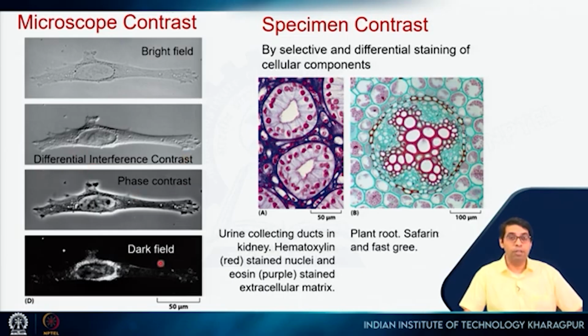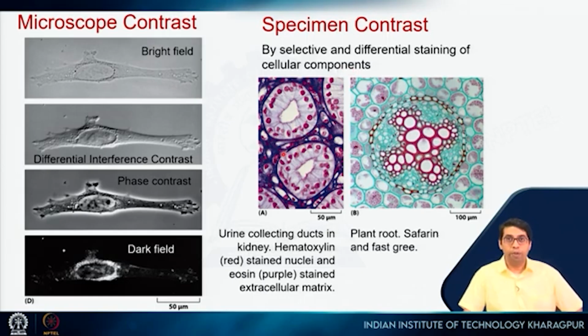Phase contrast image or dark field image, right? So what you see here is a fibroblast cell, the same cell visualized using these 4 different techniques. Another very common technique is to use certain dyes, and that is called staining. So, we can use these different dyes to stain different components of a cell and then see it under a light